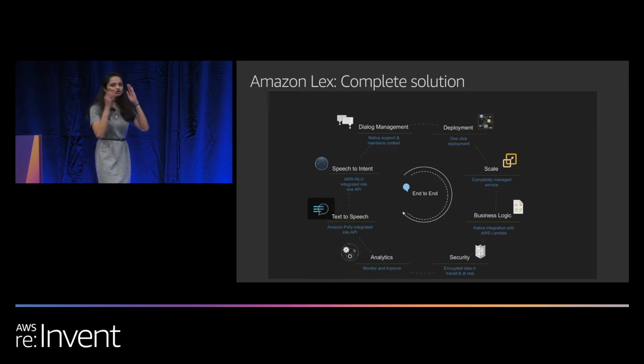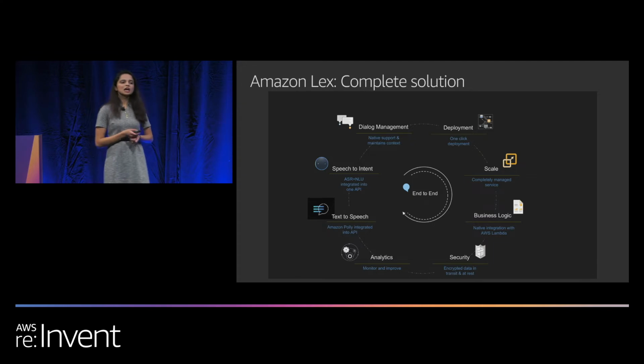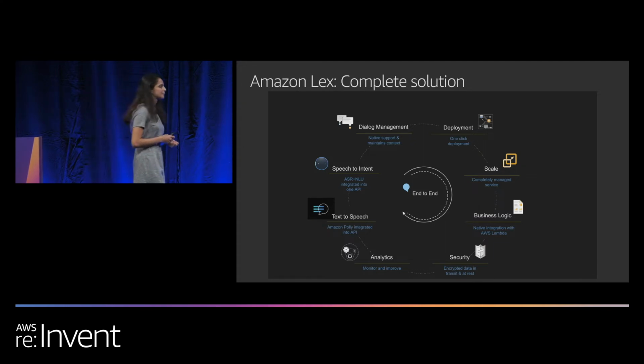It scales, and you just have to focus on business logic. And it's super secure. You can encrypt data in transit and at rest. You can also add an extra layer of authentication using Amazon Cognito. If you want your users to log in before using the chatbot, you can use Amazon Cognito, which easily integrates with Lex.